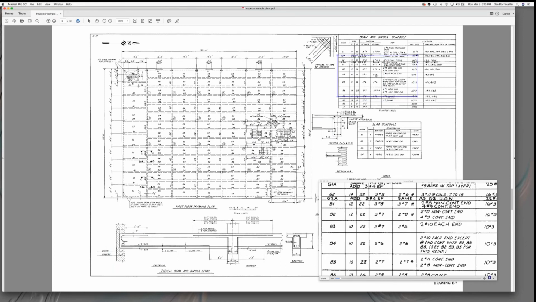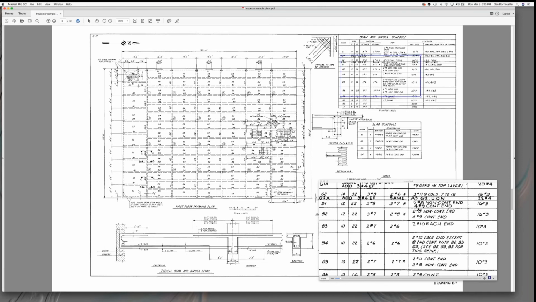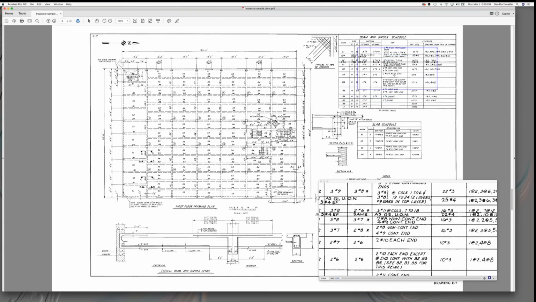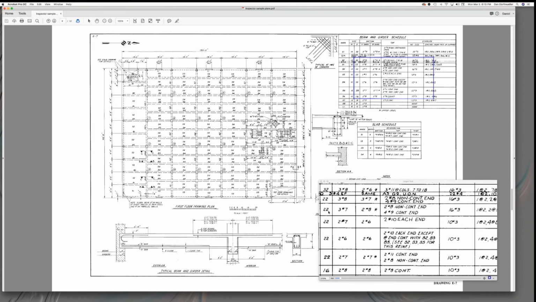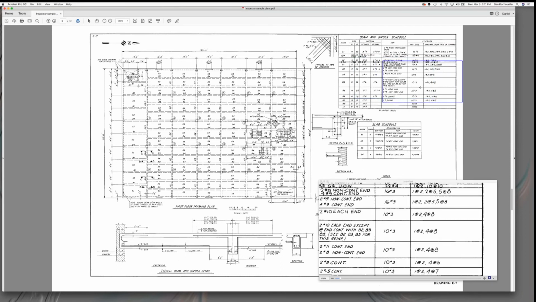And then it tells you for B2, you've got 2 number 8s, and they're non-continuous, whatever, to the end. 4 number 9s come to the end. Then they tell you what the stirrups are, and up there you see the stirrups and ties for B2. It tells you what the sizes of those are. You got 16 number 3s, and then it tells you what the spacing is. You got 1 at 2, 2 at 5, and 5 at 8 inches. So what that means,